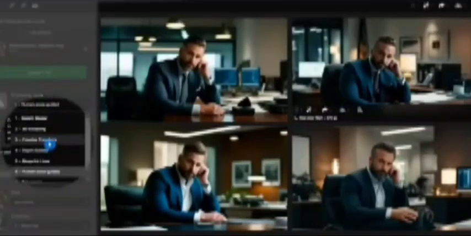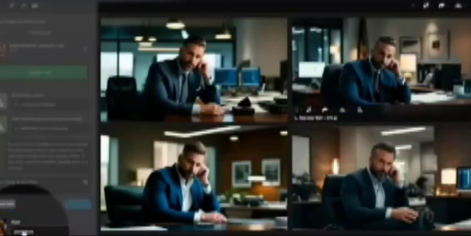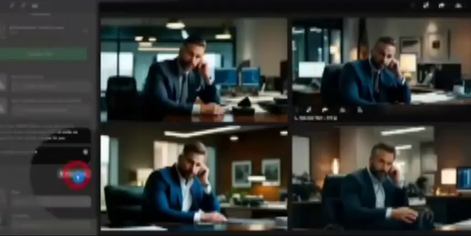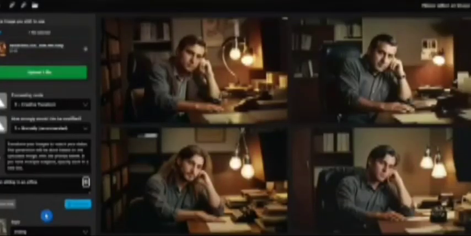Okay, if you like an image, what do you do? You click on it and below here, the options for its size will appear. 16. So we will also use the same sizes here, 16. Then we will click on generate again. The images that appeared to us are many. I don't need to talk. The images speak for themselves.